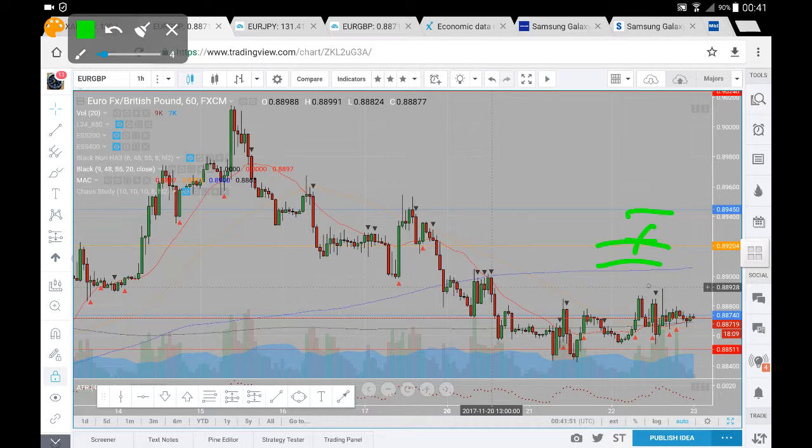So if we do successfully navigate the 200 period moving average as well as this 89 level, I'll be looking for a retest of 89.45. Around 89.45, we have seen some sell side momentum. We've seen this consolidation. It's a strong weekly pivot from a couple of weeks now. We're looking for it to hold again as it has on this occasion over here on the left, for possible momentum taking us all the way down to this 89, beyond which we're looking for 89.74 and